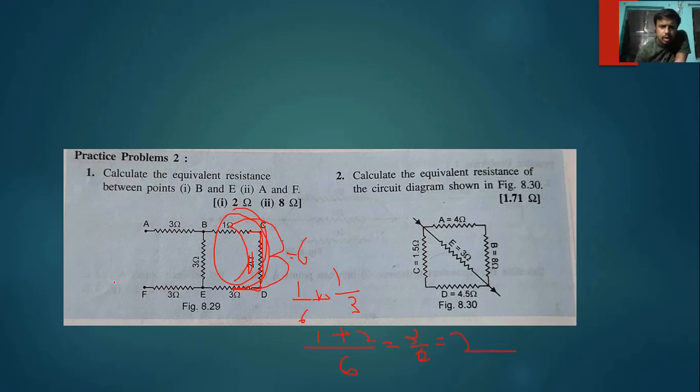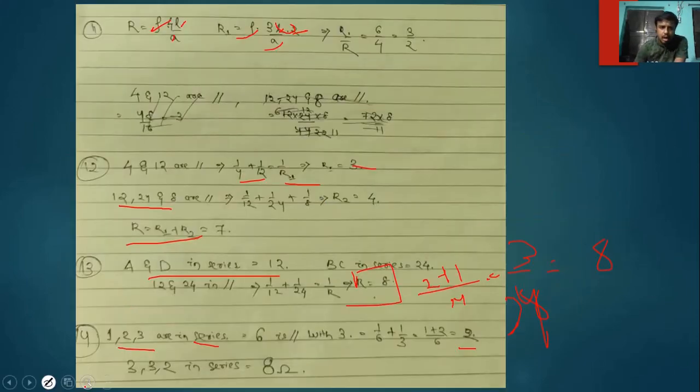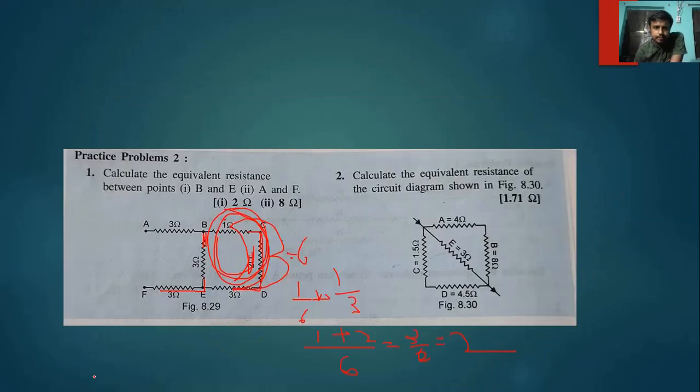That would be equal to 2. We get 2. And now the 3 and 3 would be in series with this. After completing this whole circuit, this will form a single line, and thus they are connected end to end, and when they are end to end, we'll consider it as series. So 3 plus 2 plus 3, that would be equal to 8 ohm.